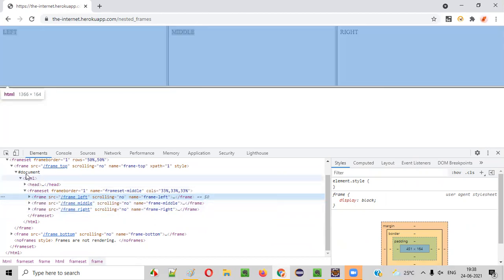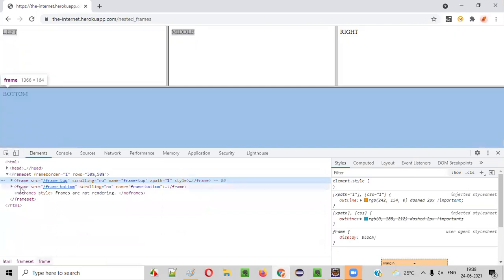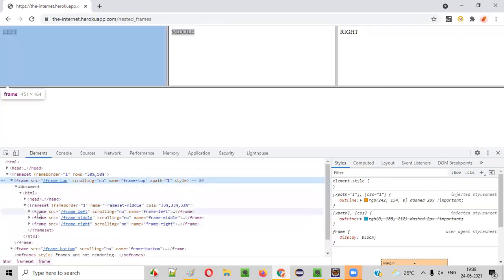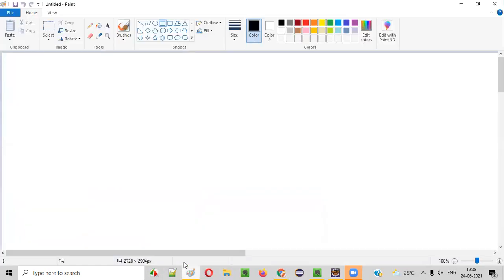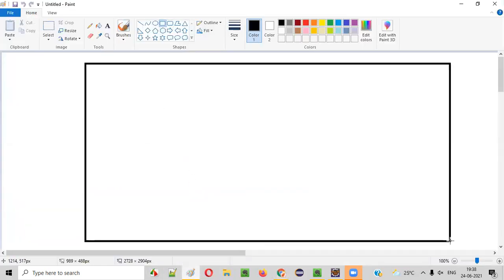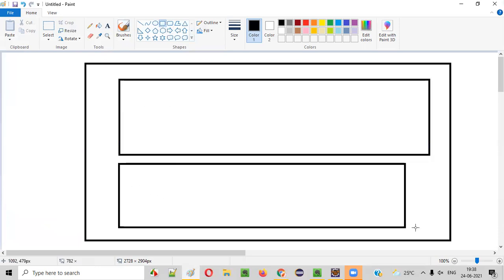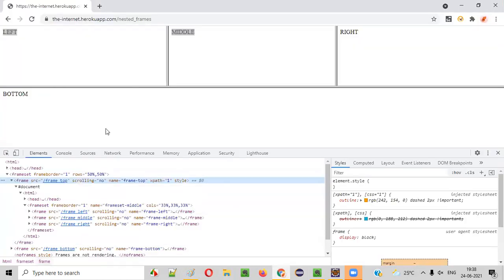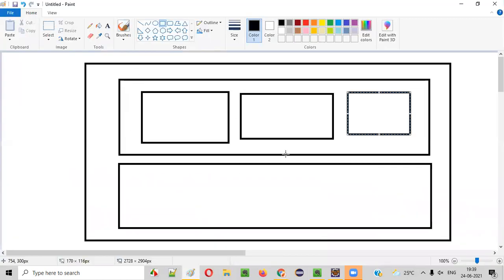But these three frames are inside a top frame. Can you see here? These three frames are inside a top frame. And under this top frame, there is a bottom frame again. There are two top level frames, top and bottom frames. In the top frame, we have three child frames, which are left frame, middle frame, and right frame. If I have to draw it properly, it will be like this, guys. On this page, there are majorly two frames, top frame and bottom frame. In the top frame, we have left frame, middle frame, and right frame. This is how this page is designed, guys. There are frames arranged like this.